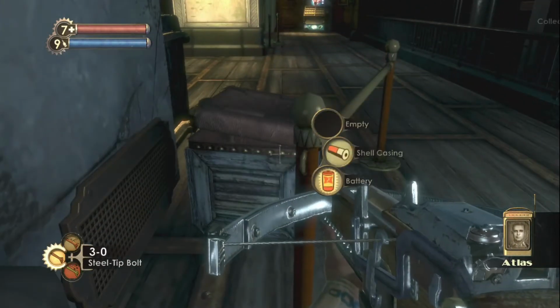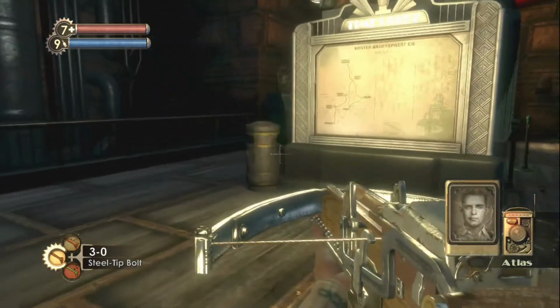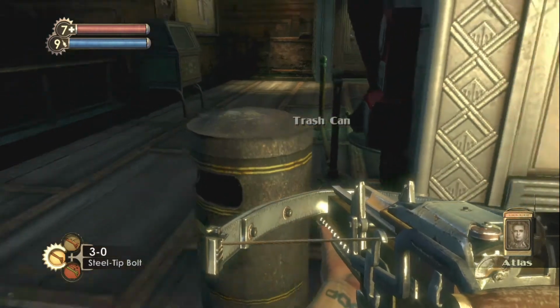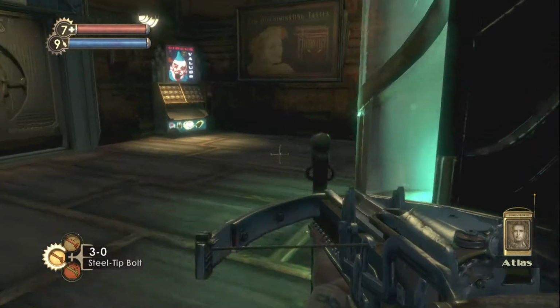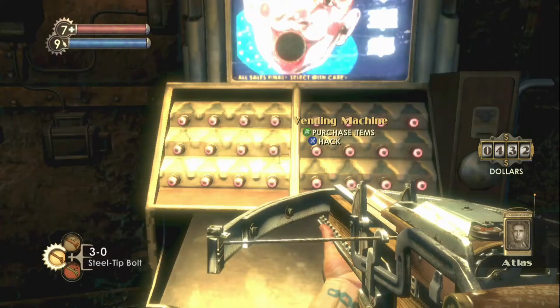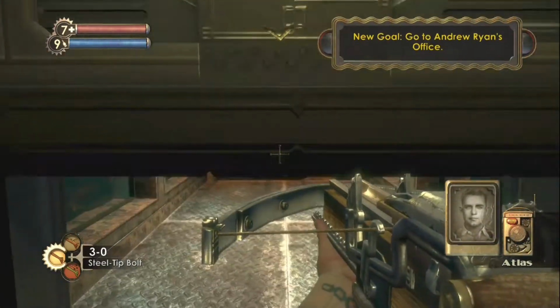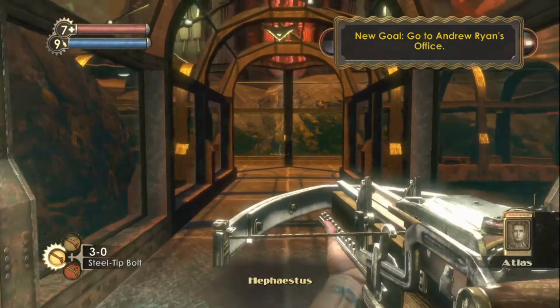Watch yourself. Ryan's stirring. We best keep to our knitting. It's time to either run the table or go home empty. Ryan's got the genetic key to Rapture. We get that from him, and we get out of this hellhole. We don't, then you and I are ghosts. Now would you kindly head to Ryan's office and kill